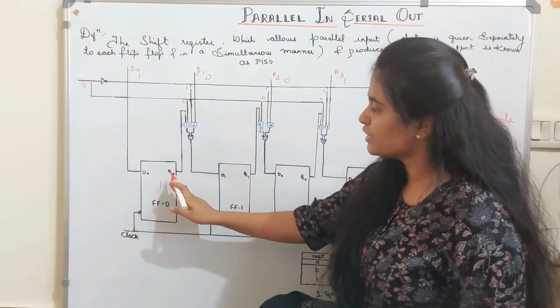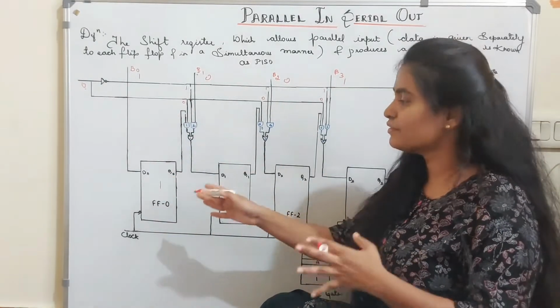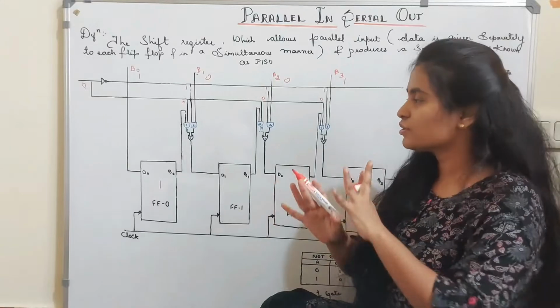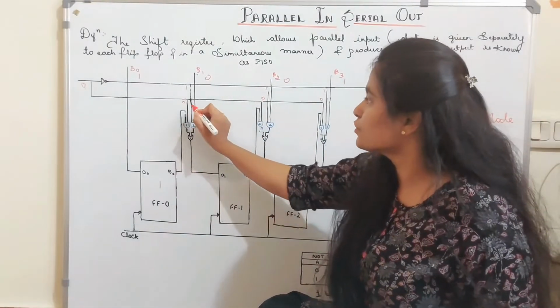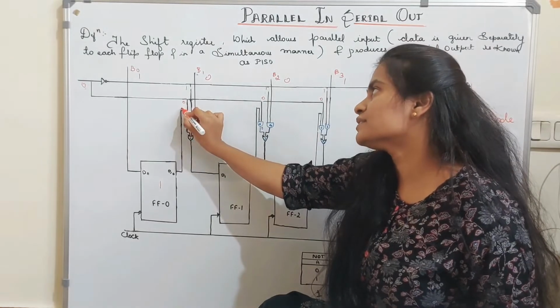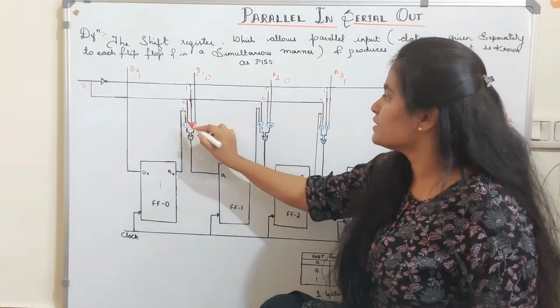So as you know, there is no input given here. Only if we go to the shift mode, the value will get shifted up. So nothing is going to happen here as we are working on only the load. So there is no value, we can consider it as 0 here. There is no value. So 0 and 0